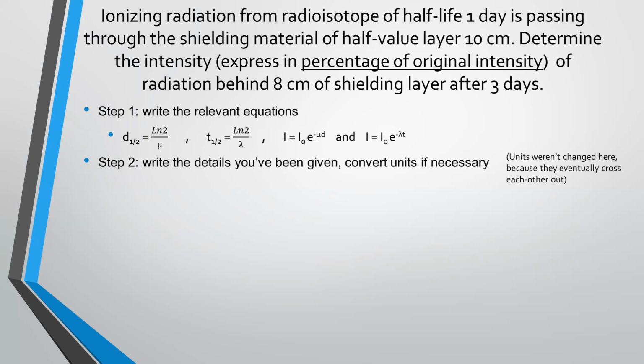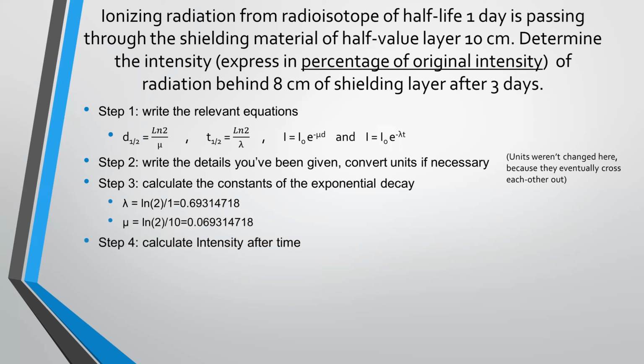And we have to convert if necessary, but just keep in mind that you don't convert it if it's not asked. So here we calculated it. So here we substitute the value of time, which would be the quantity that we discussed. It can be time or the distance of the layer. So here we calculated for the time, which was 3 days, and we get 0.125 of the initial intensity. So we have to convert it into percentage as it was asked in the question.